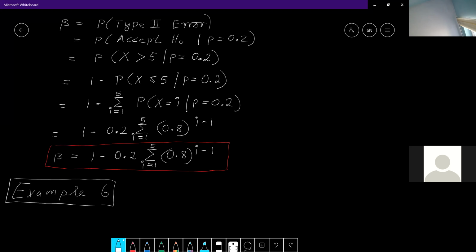In this example, I'm going to look at something which is not the population mean or the population variance, right? So suppose